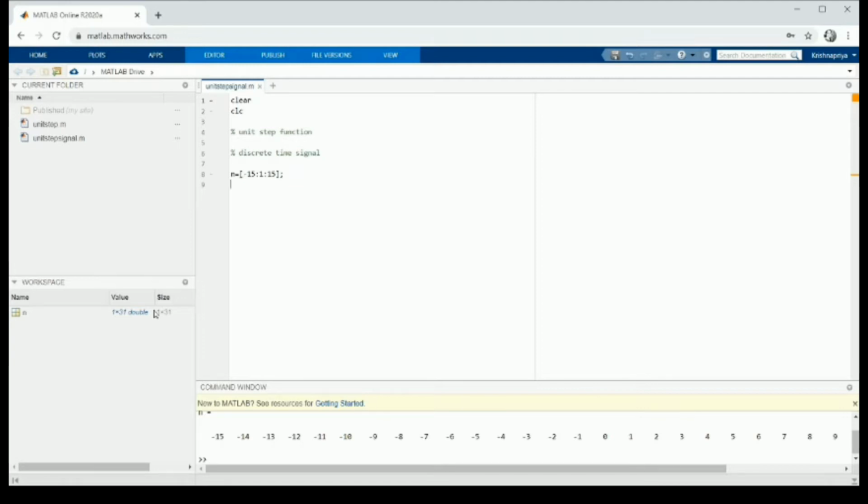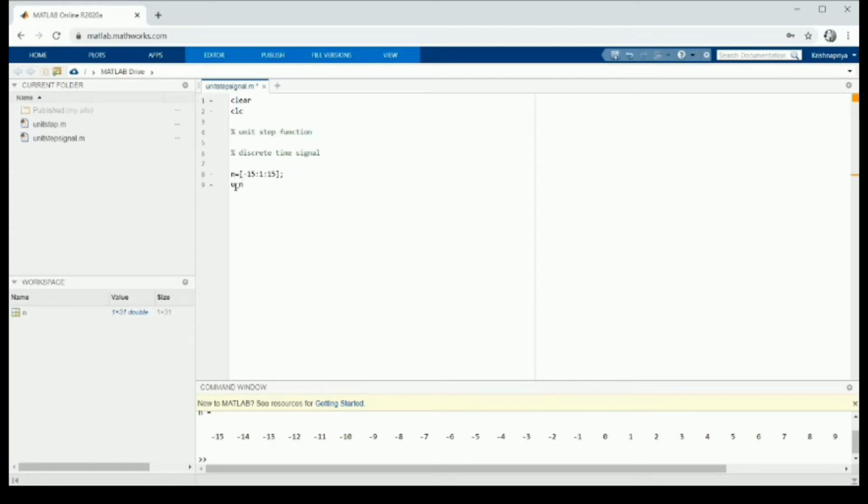We only need output as 0 up to minus 1, and after that we need value as 1. Therefore, number of zeros will be 15 and number of ones will be 16. So we can give the command for obtaining the output signal as the variable u of